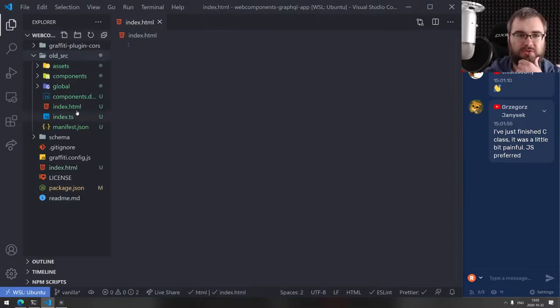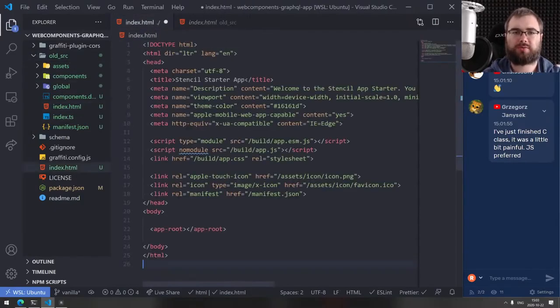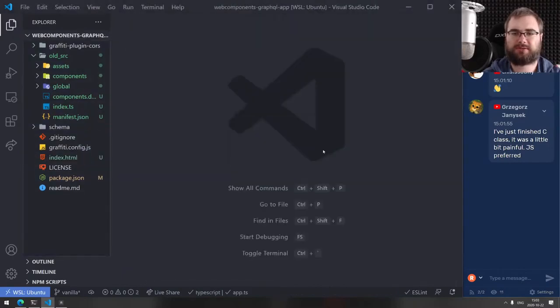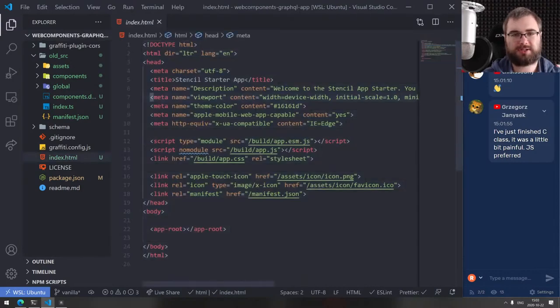And I probably should... Oh, yeah, there is an index.html. Okay, cool. So we can probably just copy that from here, right? So this is going to be good. Yes, replace. There we go. Okay, so this is our entry point. Essentially, we're just going to be using the root folder as the app entry point. I'm going to be serving it with some kind of server. And we're going to be using type module. So we're not going to do the nomodule thing at all, basically. So this is going to be just purely